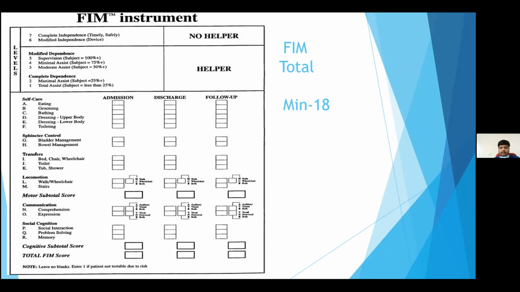You can go online, look for FIM, and then what they do is they ask for requirements, and then they will get back to you. They will give you training and a test, and then they will give you the certification to use the FIM. When I was in my PG, we used it very commonly, but when it comes to publications, using the FIM